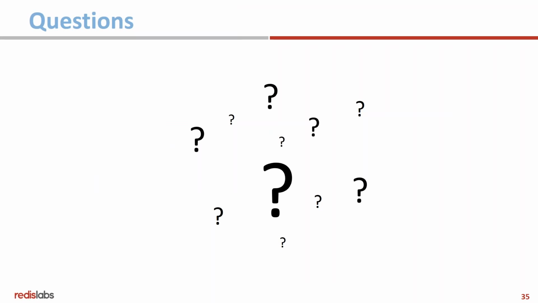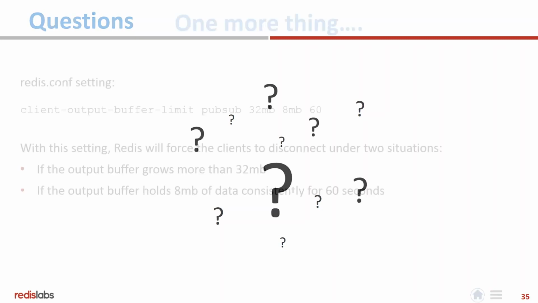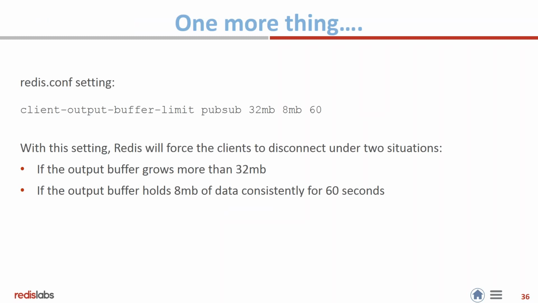Okay. If you're losing connections, you need to look at logs and see why you're losing connections. I'm assuming you're losing connections on the subscriber end. And if the subscriber is losing connection, just look at the log. It's possible that Redis is reaching the limit with the output buffer. With that said, it gives me a very good transition to my next slide, which is about an advanced